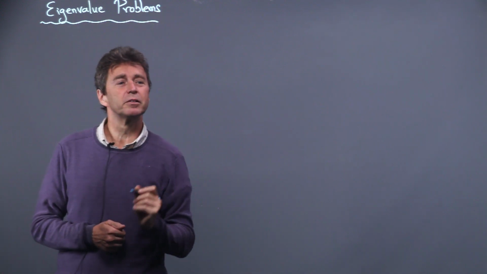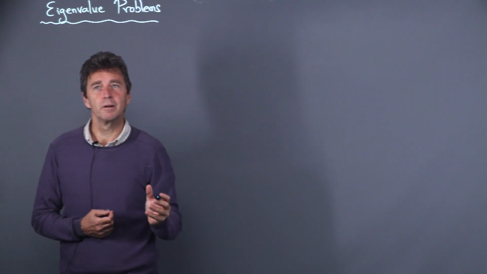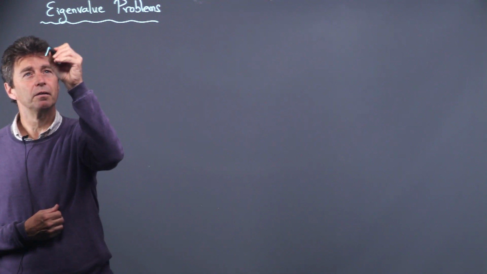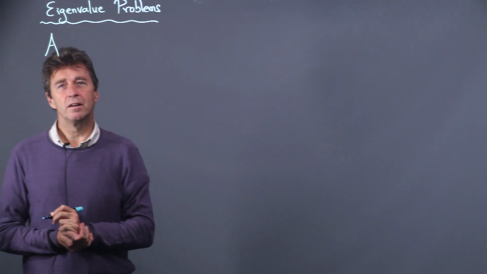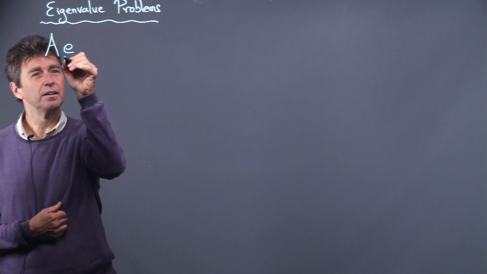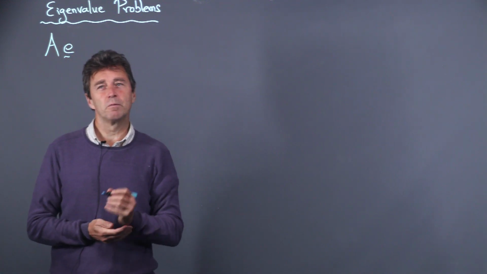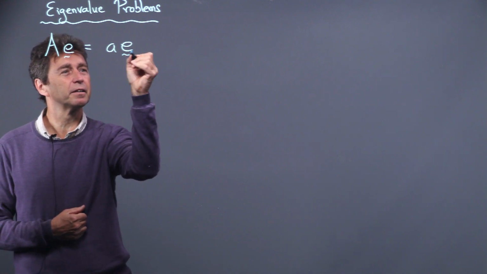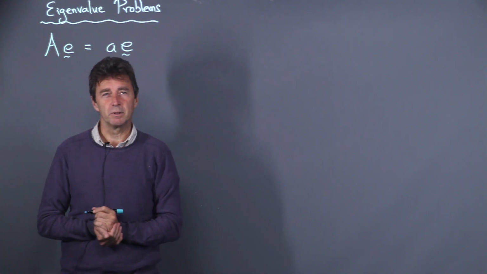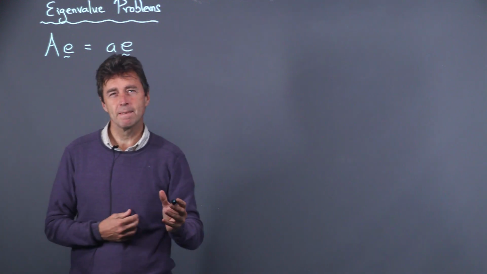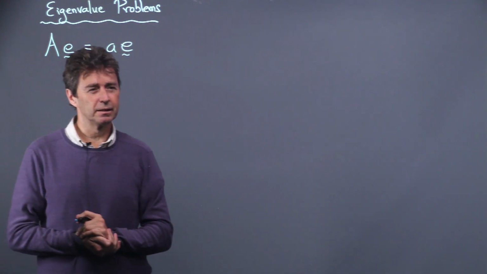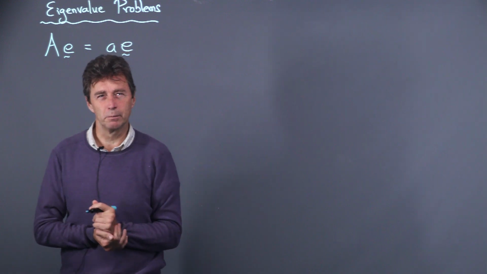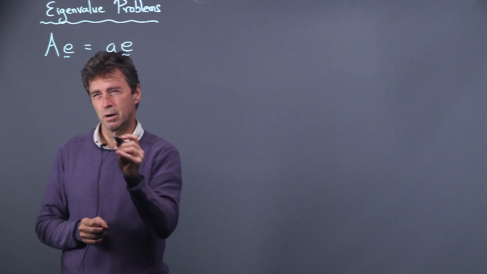So to begin with, we'll just remind ourselves a little bit about eigenvalue problems. Traditionally we would have a matrix and then a column vector, and the eigenvector equation is this one. I've decorated my vectors with little twiddles underneath. So this is the problem that we're most familiar with, so I'm going to think about problems where we